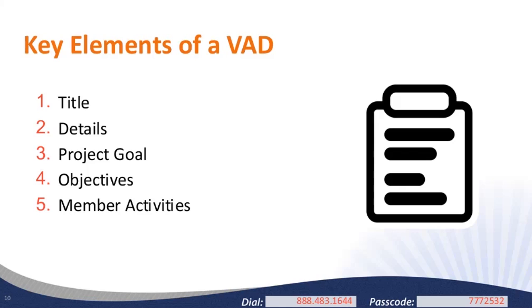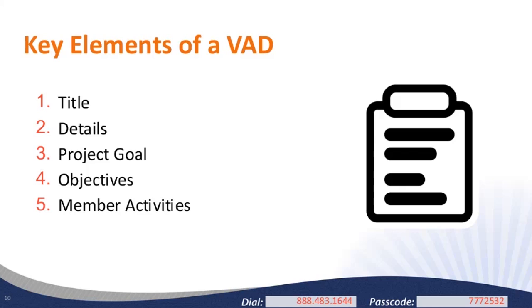And the key elements of a VAD: a complete VAD includes goals, objectives, and activities that a member is expected to complete in order to satisfy project needs. Each VAD you create requires a distinct title. And if you happen to be creating multiple similar VADs, you should consider creating a naming system. This might include attributing the year or creating a job number in addition to the descriptive title. Just as a hint there.